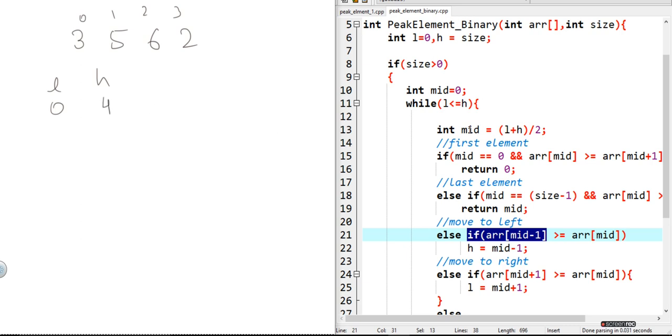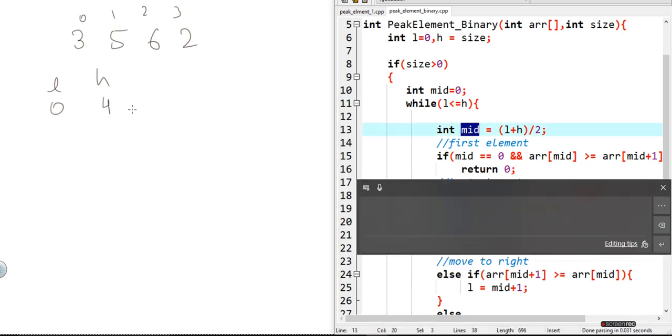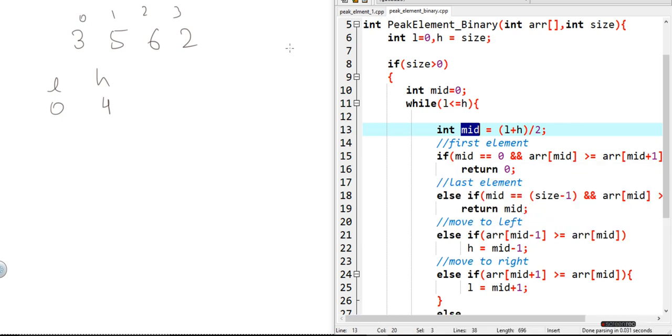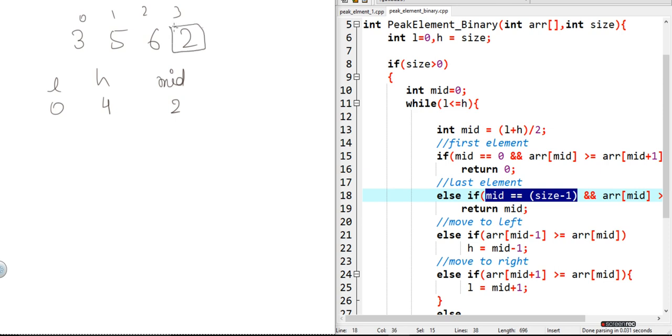So we have defined our mid element, which is 0 plus 4 divided by 2. So mid will be 2. Now if mid is equal to 0, here the condition does not satisfy, so we will skip this. If mid is equal to size minus 1, if it is the last element, no, it is not the last element. Here we are currently accessing this mid element as 0 1 2, so this 6 is going to be considered first.